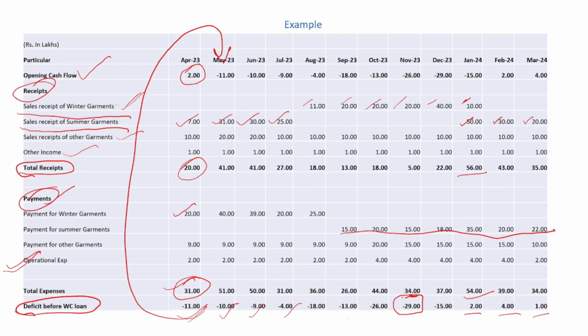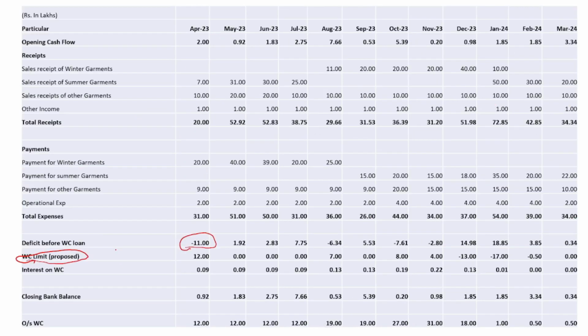Why? Because 29 lakhs is the peak deficit, and 1 or 2 lakh is the interest portion. He has to pay the interest on working capital availed also, and then the interest will also be added to the operational expenses. Hence we have set the working capital limit of rupees 31 lakh here. 31 lakh we can set as the working capital limit,